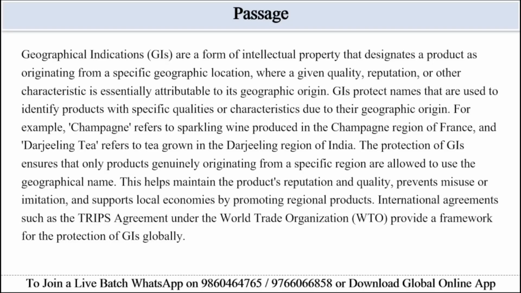For example, Champagne refers to a sparkling wine produced in the Champagne region of France, and Darjeeling tea refers to tea grown in the Darjeeling region of India. The protection of GIs ensures that only products genuinely originating from the specific regions are allowed to use the geographical name. This helps maintain the product's reputation and quality, prevents misuse or imitations, and supports local economies by promoting regional products. International agreements such as the TRIPS agreement under the World Trade Organization, that is WTO, provide a framework for the